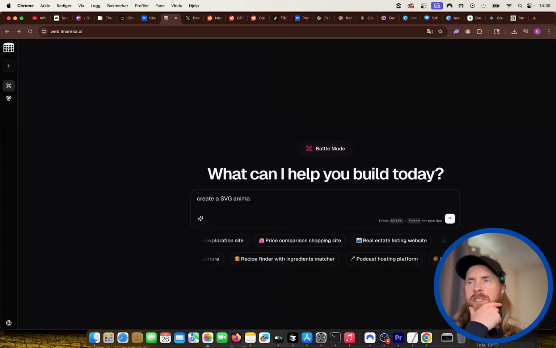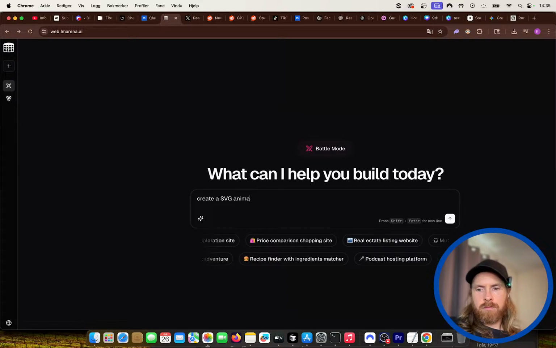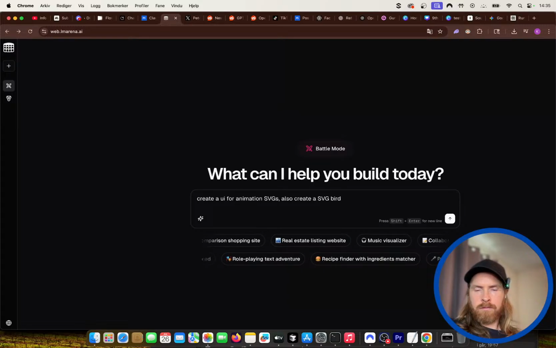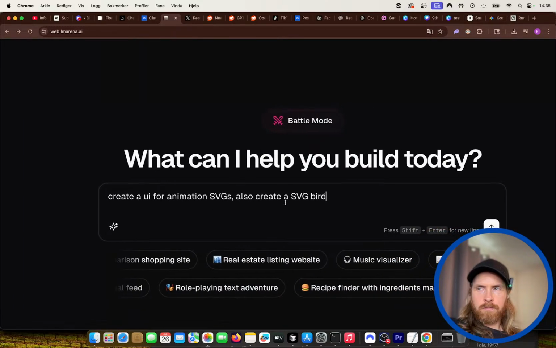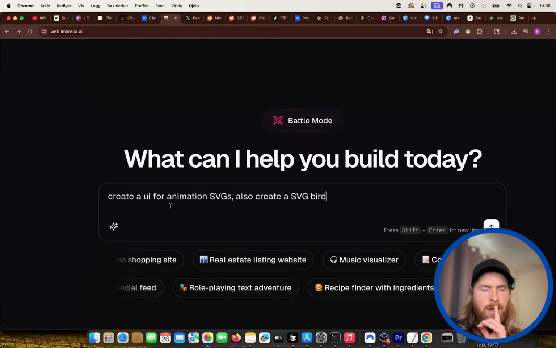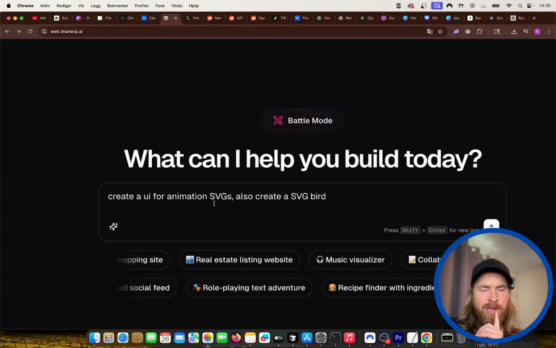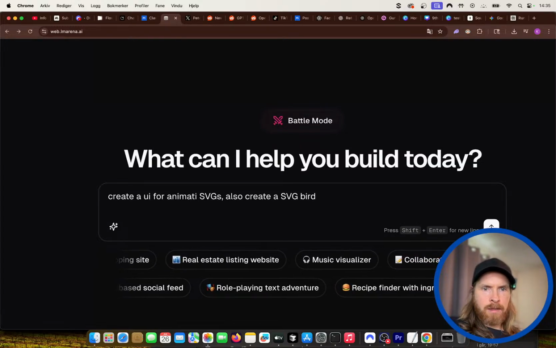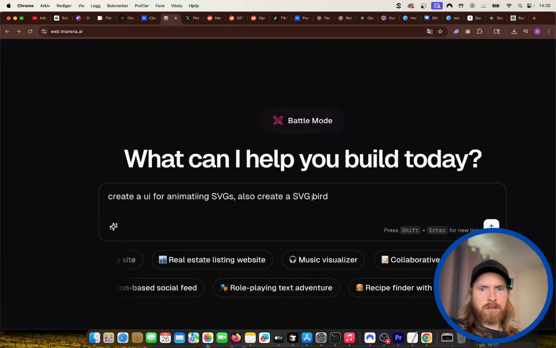So when you said SVG animation, should we also create the SVG? Create a UI for animating SVGs.